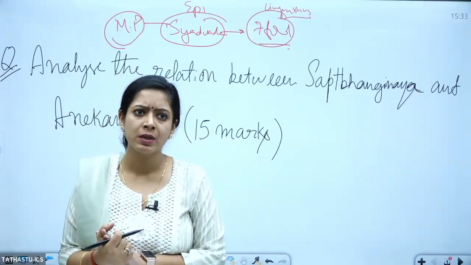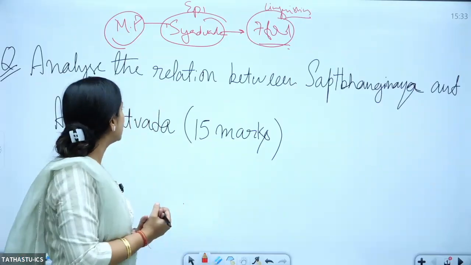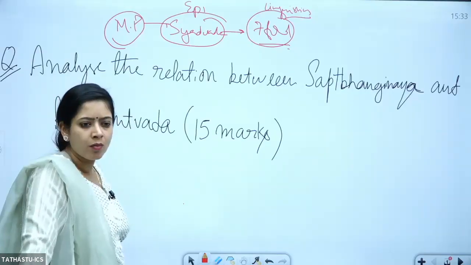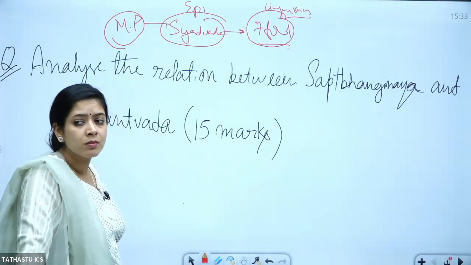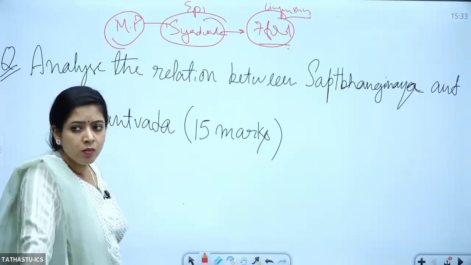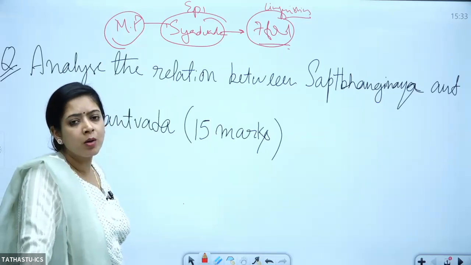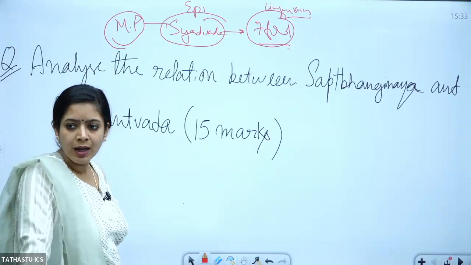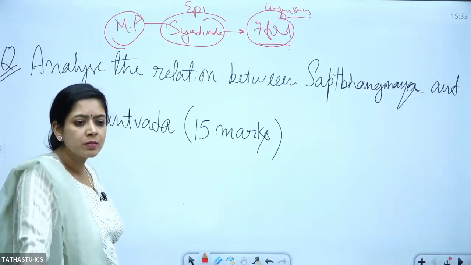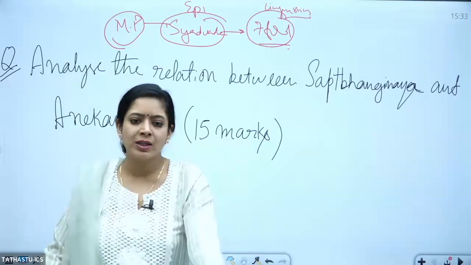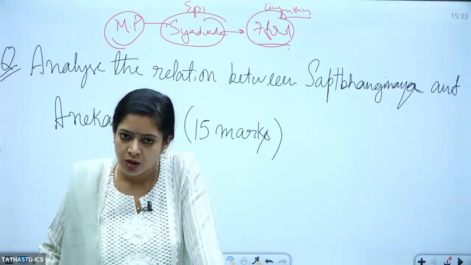Introduction is done. Now tell me, what can we write? How can we start the answer? So first you will talk about Anekantvad. Anekantvad means there are infinite objects and each object has infinite attributes. Therefore,